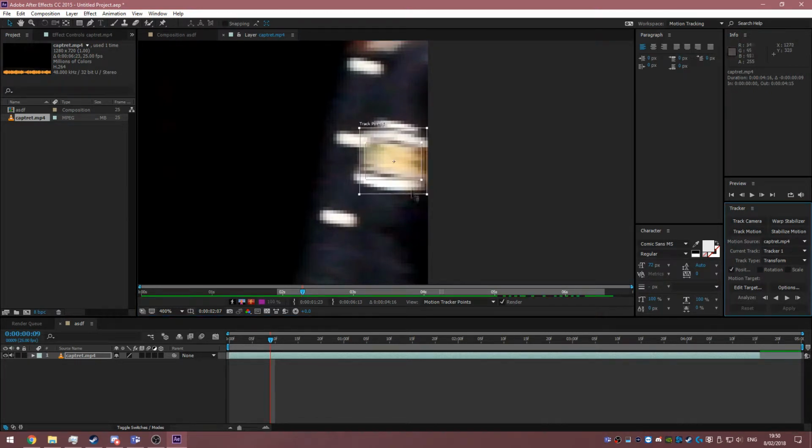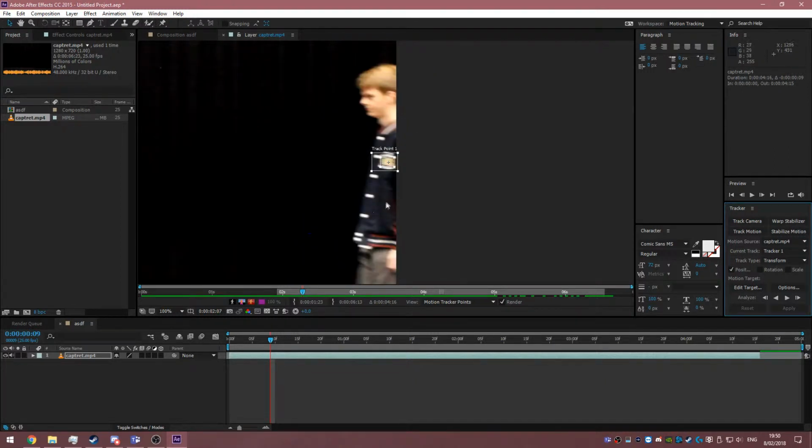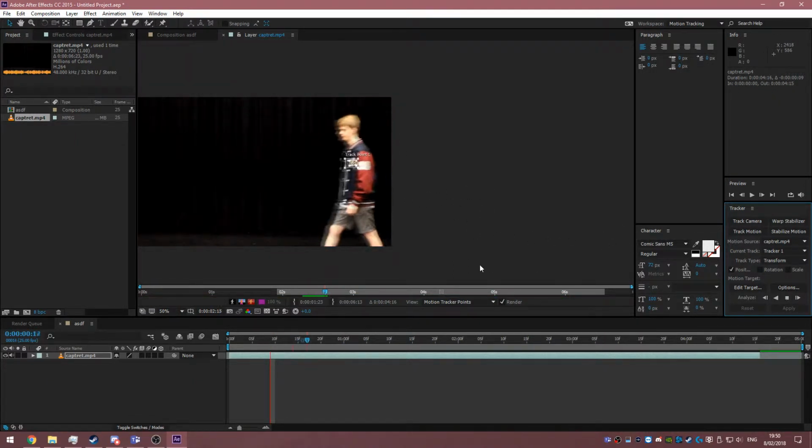So yeah, expand the boxes. This is the search area. This is the wider search area. So when the next frame comes, it will search in this area. And then of course it searches in this area as well, as there's two different types of how it does it. So yeah, get it as roughly as good as you want to get it, and then hit play, hit analyze. Sorry,